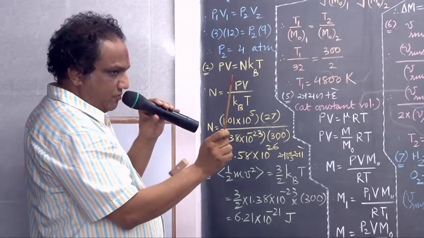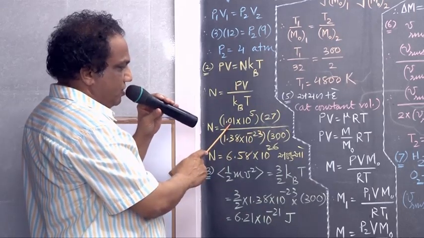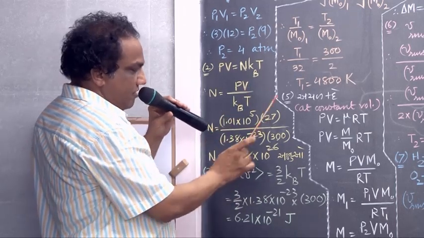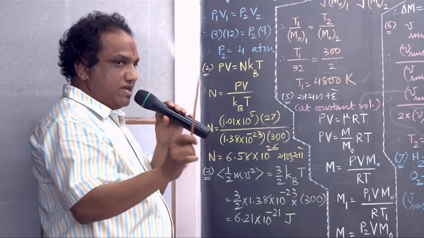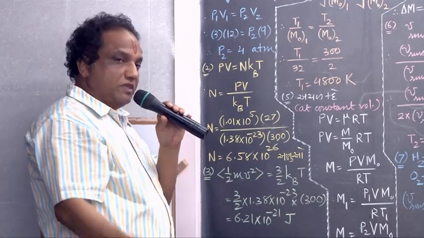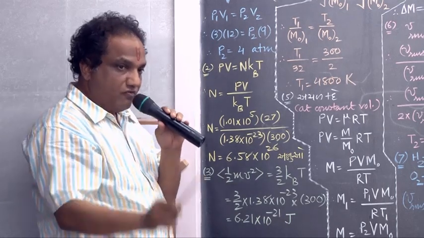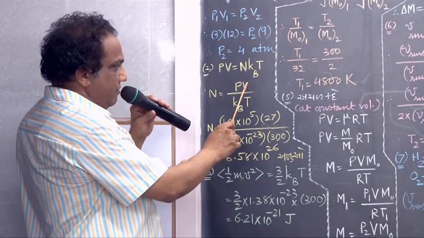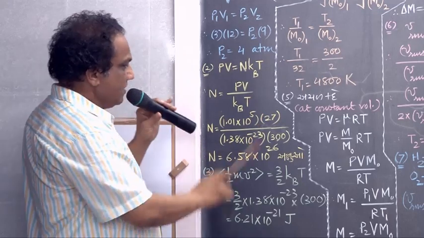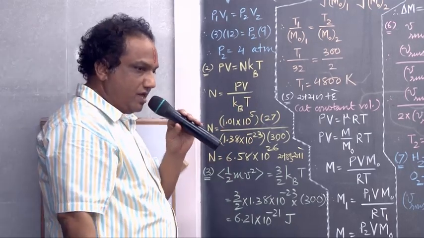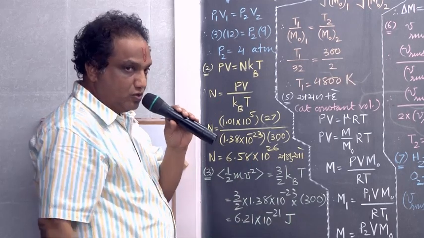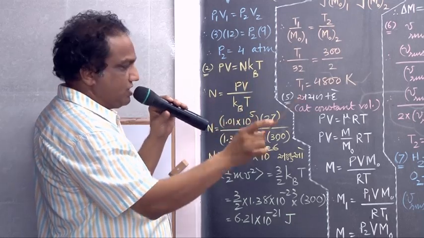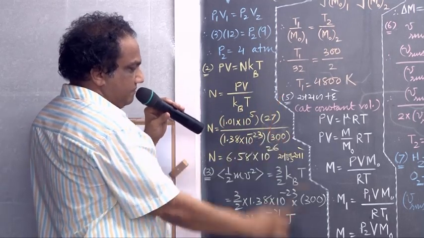What is the pressure? 1 atmosphere. In Newton upon meter square it is 1.01 into 10 raised to 5 Newton upon meter square. What about volume? They have given 27 meter cube. By chance if they are giving in liter, then you must convert liter into meter cube. 1 liter, remember, is 10 raised to minus 3 meter cube. Right now volume is straight away given to you in meter cube only, so no problem. What about Boltzmann's constant? 1.38 into 10 raised to minus 23 joule upon molecule into Kelvin. What about absolute temperature? 27 degrees centigrade. They have given 27 plus 273. How much? 300 Kelvin.